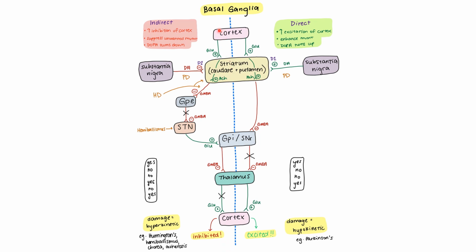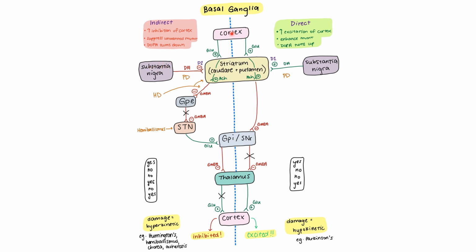Then we start and we go yes, no, no, yes, no, yes. And then over here it's just yes, no, no, yes, yes, no, no, yes. And then when you draw this on your paper, you now know what every single nuclei uses as a neurotransmitter to communicate. So things to look at here, these substantia nigra, when these are interfering and adding dopamine, that is